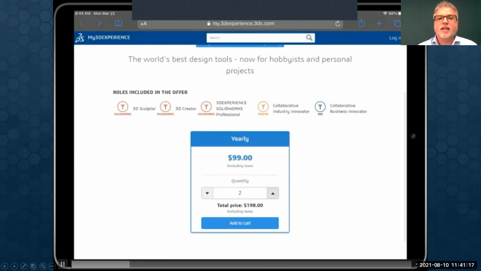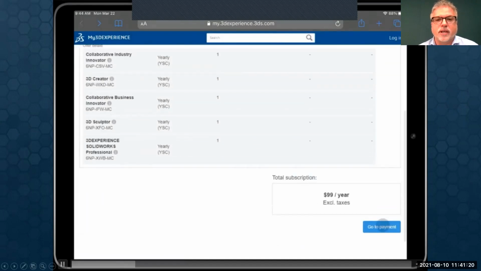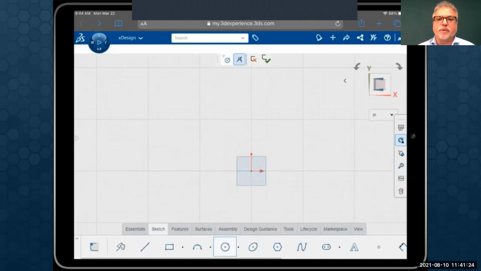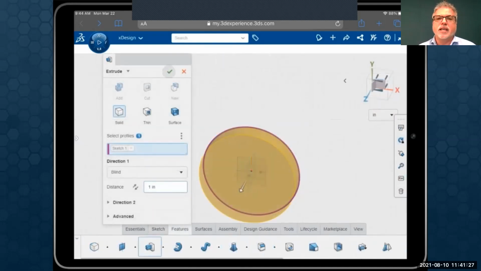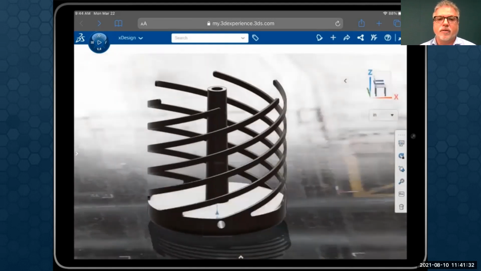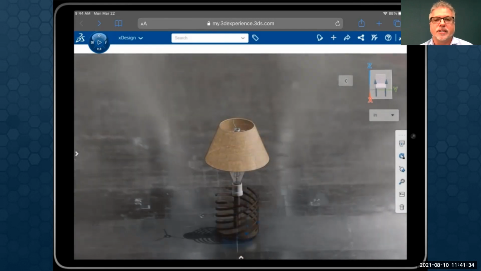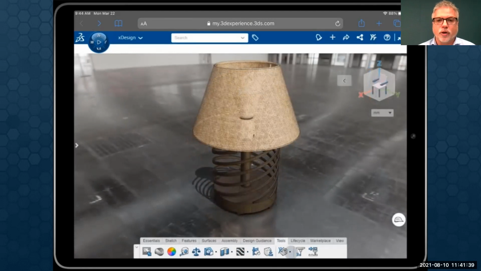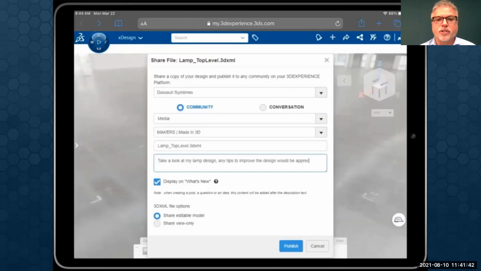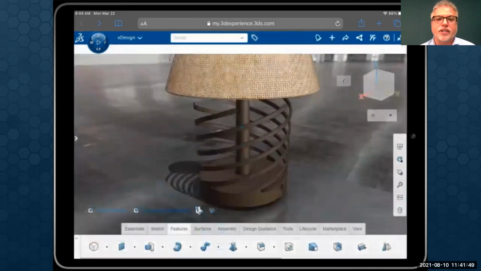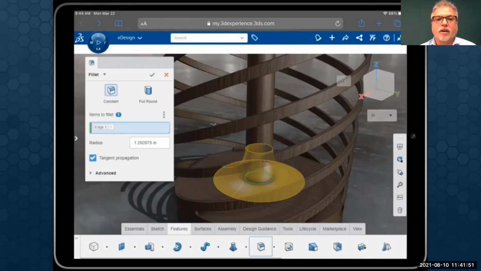Better, right? So it's taking you through the purchasing process. You're going to be getting all of these roles. They're going to be delivered to you through the email immediately as you log in. This particularly is the 3D creator with a main application being the X design. You can design your products that you're working on. You can use the very powerful rendering and use the communities to share this with the other makers for two